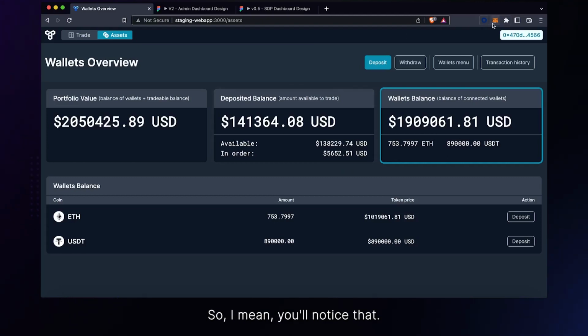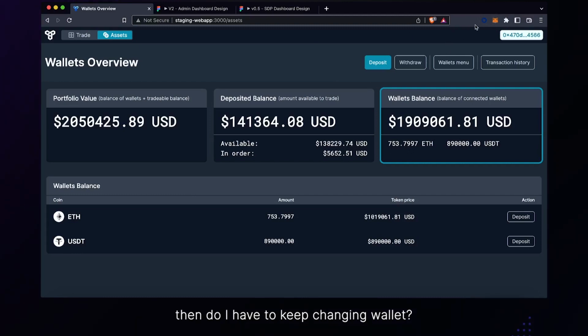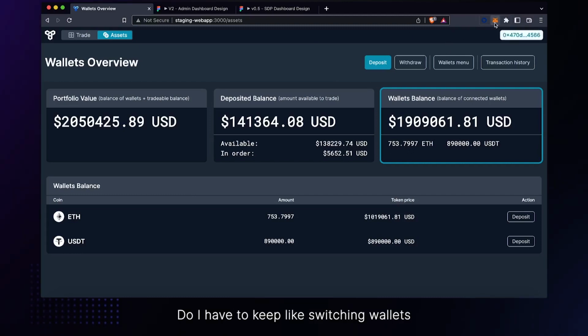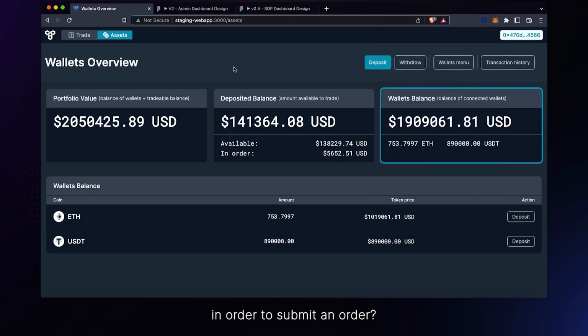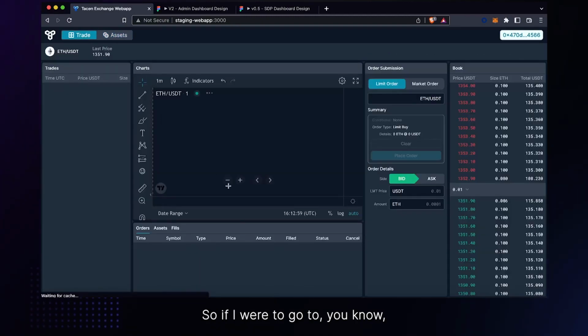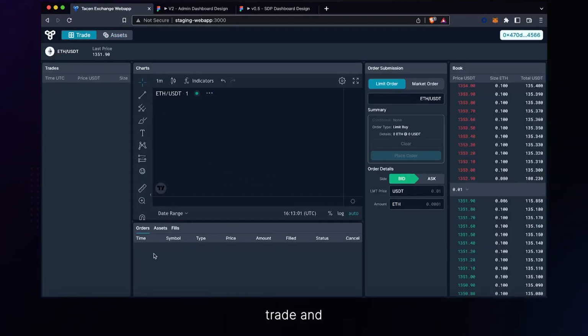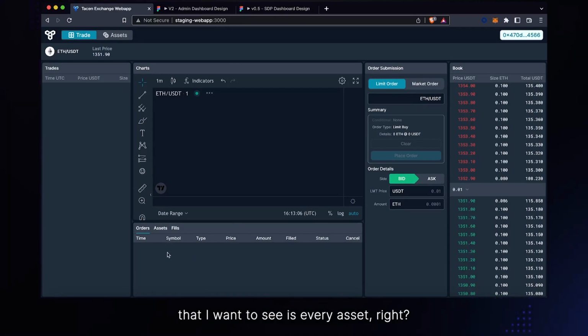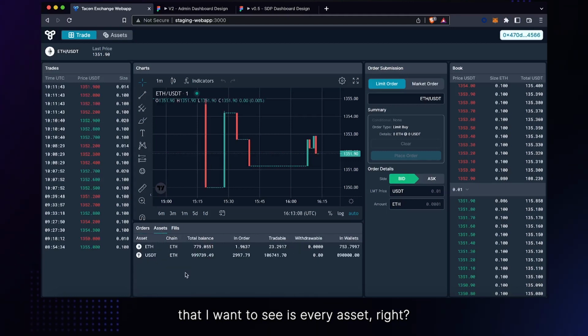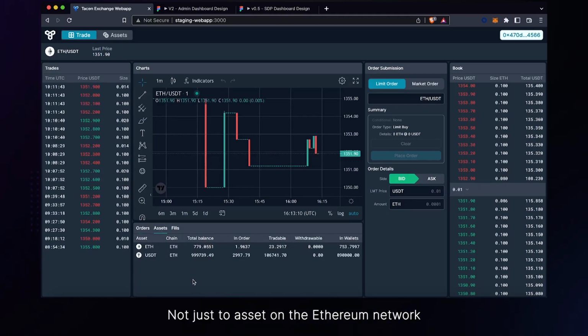You'll notice that, okay, if we're going to do cross-chain settlement, then do I have to keep switching wallets back and forth in order to submit an order? We find that user experience very bad for a couple of reasons. If I were to go to trade, number one information that I want to see is every asset, right? Not just the asset on the Ethereum network. And so the user experience that you're going to have is